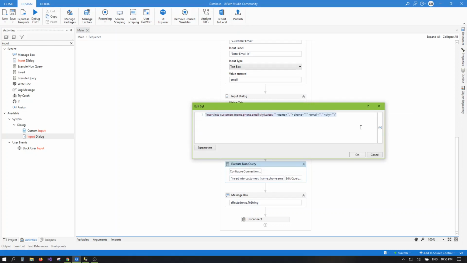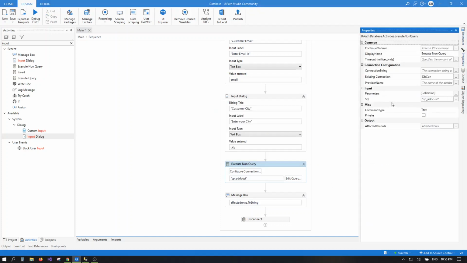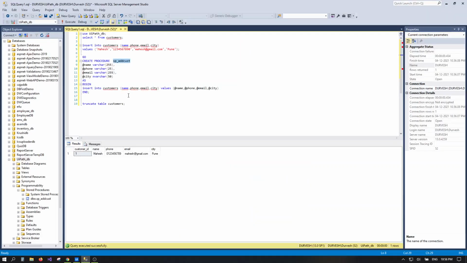So I am removing this and just providing the stored procedure name, and in the property section we need to provide the parameters as you can see here: name, phone, email and city.